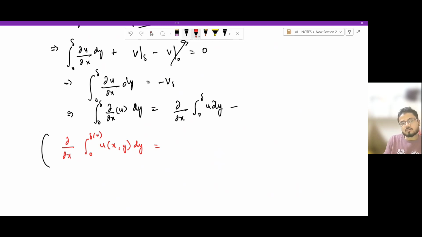Imagine this entire thing being integrated, you'd have no y right here. You'd have all delta and del x. So what you do is you'd first